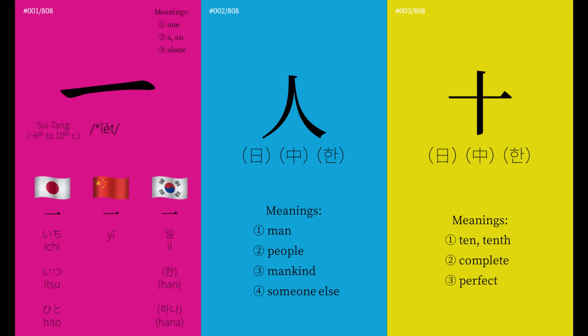This becomes i in Chinese, ich and its in Japanese, and il in Korean. The Japanese and Koreans also have their own ways to say 1, which is why the Japanese have an additional reading of hito. The Koreans also say han and hana for the concept of 1, but they are not strictly